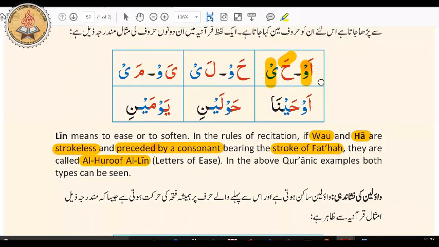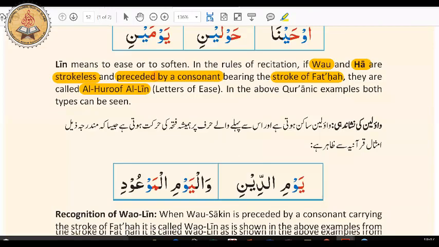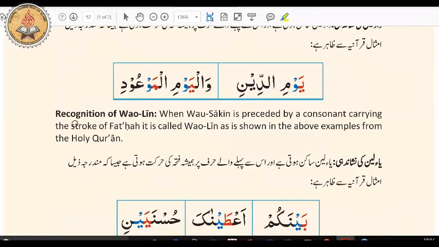So there are only two types of haruf al-lean, and I'll explain that here further. We've got them written here. So there is vowel lean, this one here. That's when a vowel sakin, you can see here this vowel sakin, means a vowel with the sukoon on top of it,